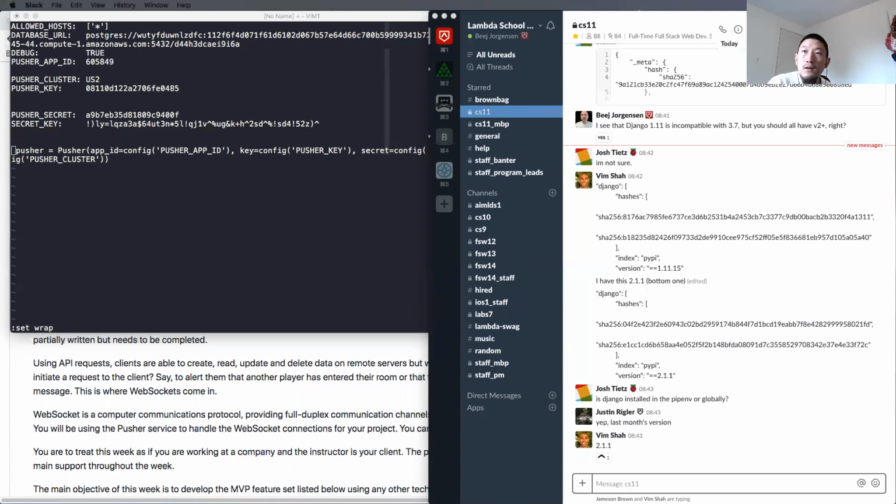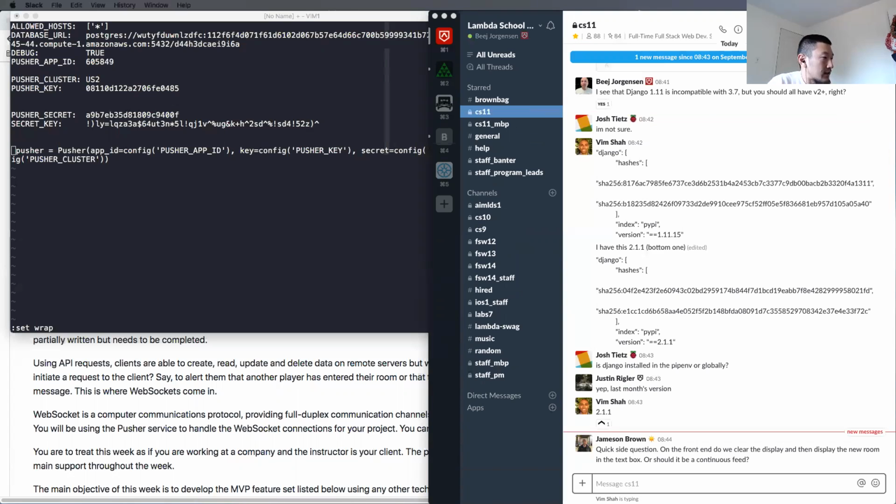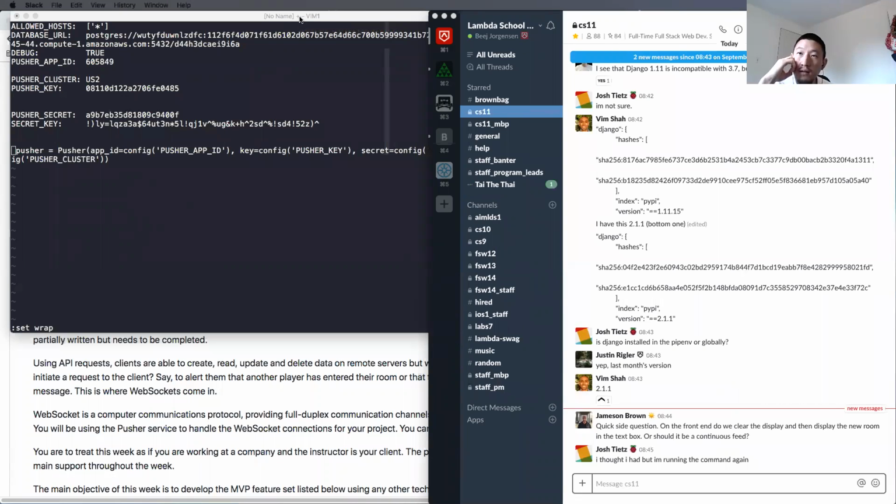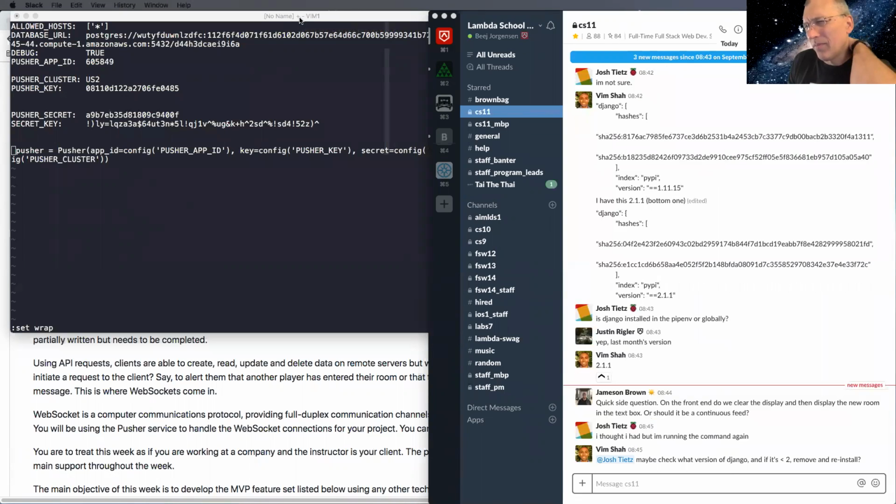I wonder why Simon is getting the same error on Heroku though. Yeah, that one is more mysterious to me. That would imply that there's a requirements.txt or a Pipfile that shows 1.11. But why does it run locally? Unless